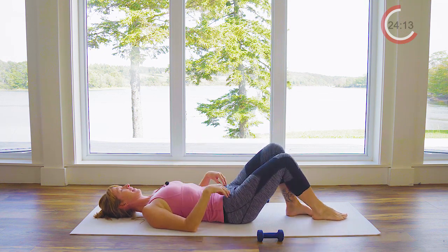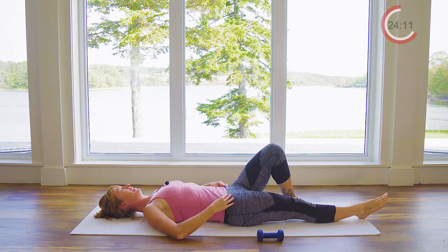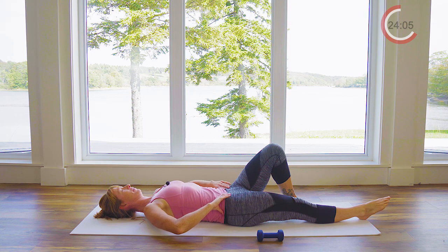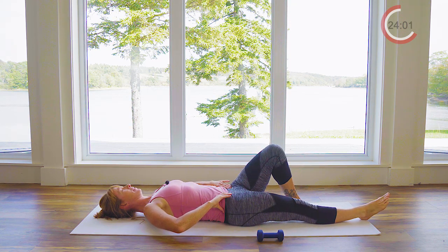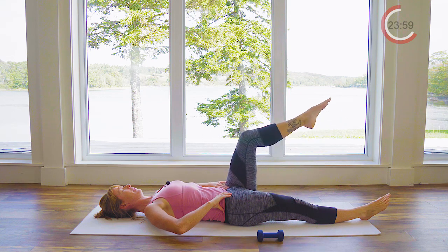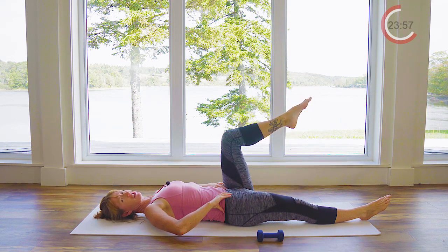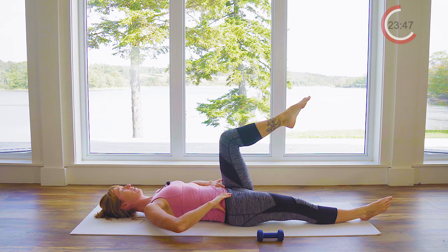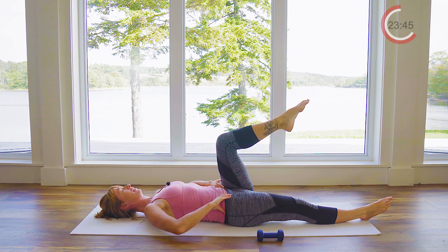Let's straighten out the right leg. And you want the pelvis to be in neutral. So put your hands on the bony pelvis if you want to use that to help you. And bring the left leg up to tabletop without that pelvis shifting at all. So thighs vertical, shins horizontal, and we're going to move this thigh in a circle, keeping the pelvis nice and still. So 1 breath per circle, doesn't matter when you breathe really, but you're going to bring the